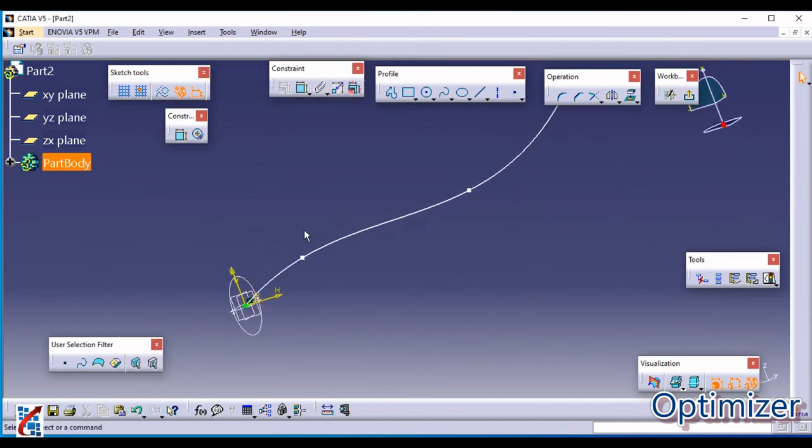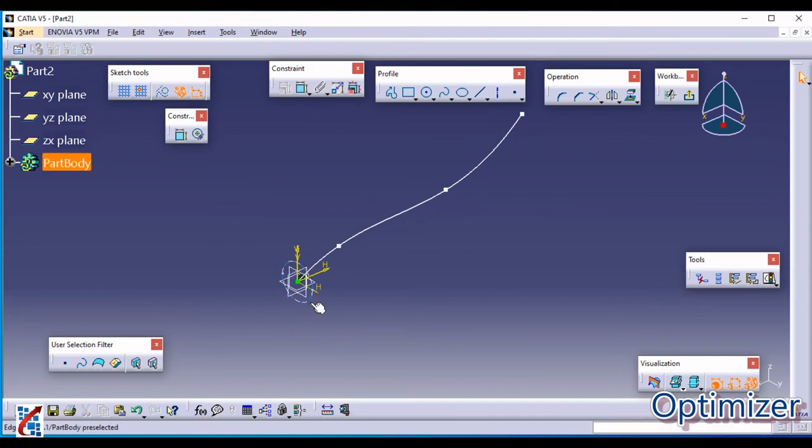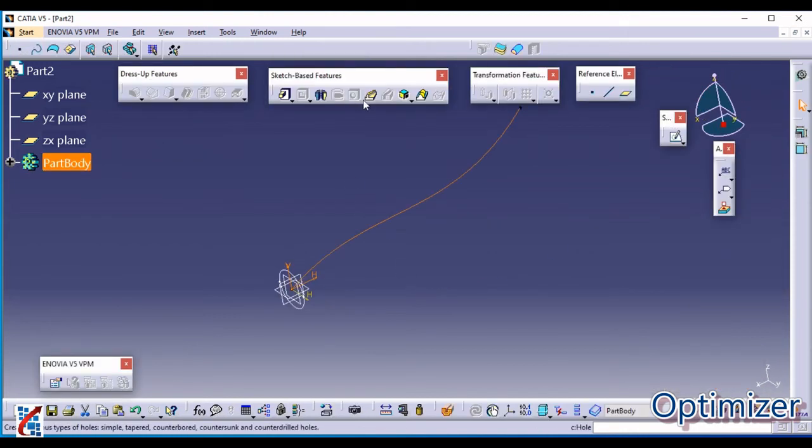Now just see what my requirement is. I want to rotate this circle about this line, or I want to add the material of circular cross section along this line. How to do this? For that you need to use the rib command.